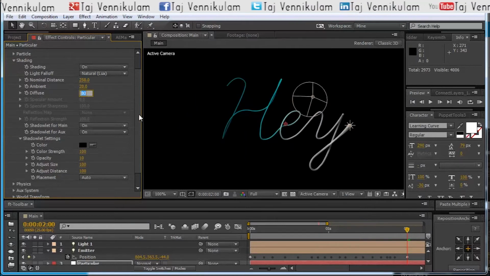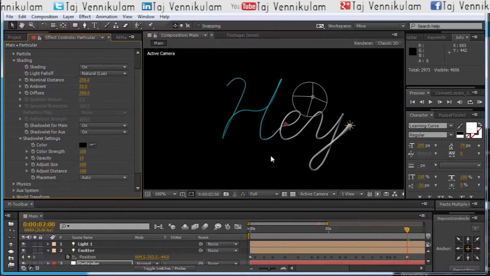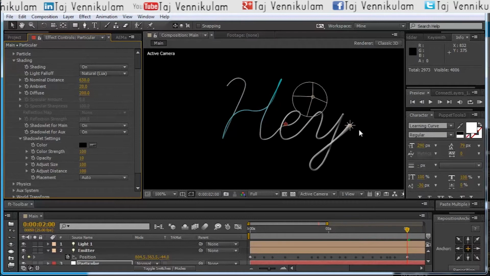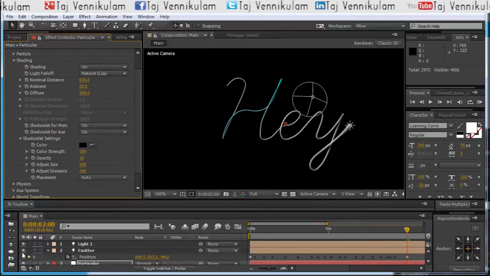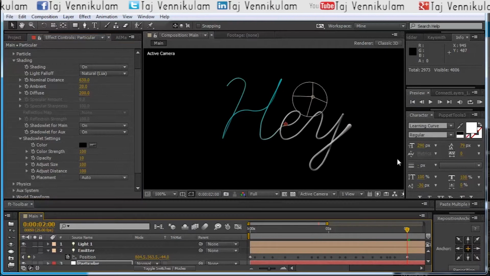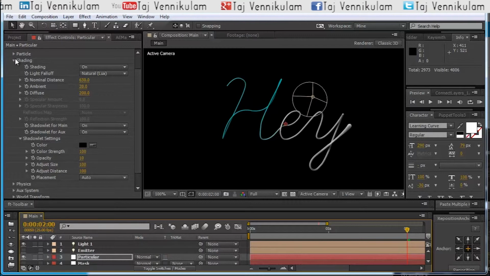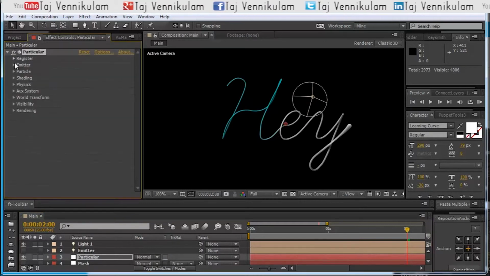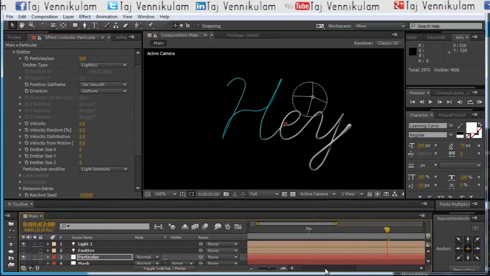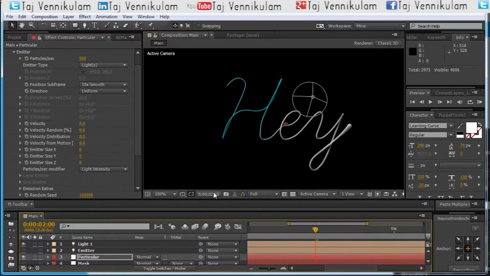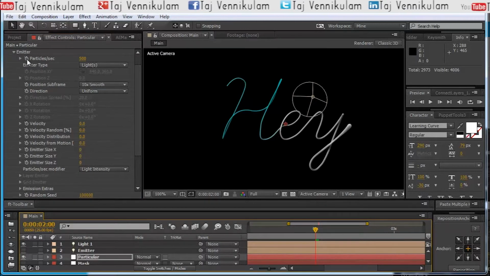I'm also going to increase the diffuse to like 200 to make everything a little bit brighter. If you don't want the emitter to be illuminating your particles, you can simply switch it off and the path will still be drawn. Okay, so that's good. I'm going to close the shading section now and open the emitter section. With my timeline cursor placed at the 2 seconds mark, I'm going to set a keyframe for the particles per second,